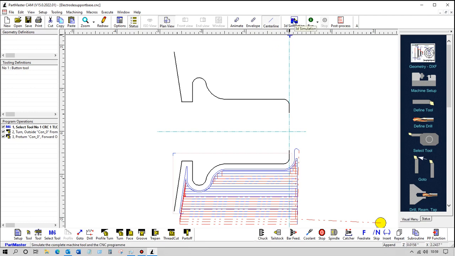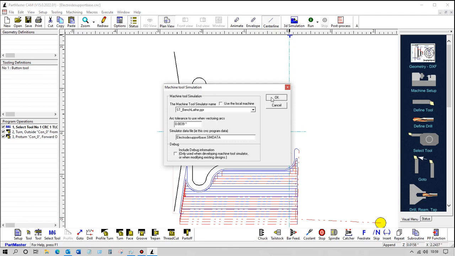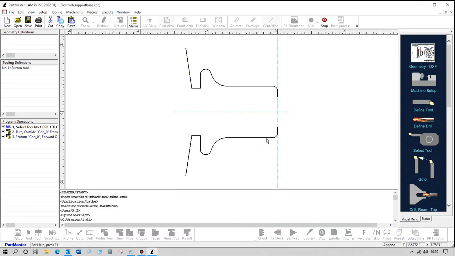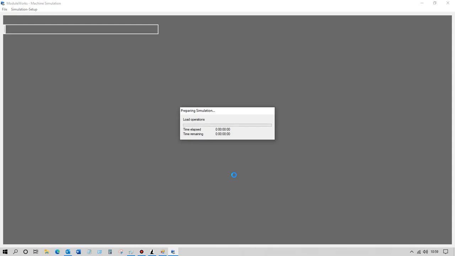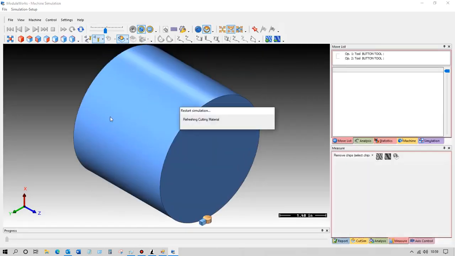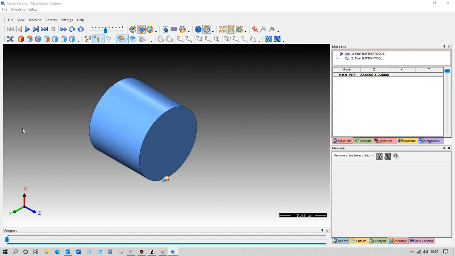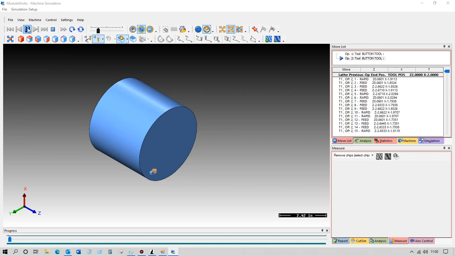When we're happy with that, if we've got the lathe standard module, but this is not included in Mill Basic, we can use the 3D simulation. So that calls up the simulator. We can leave all of these defaults as they are and click simulate. So that's now passing the data through to the machine tool simulator. Okay, so it calculates the stock from the extent of the toolpath, and there's simple video controls at the top here. So if we play that,